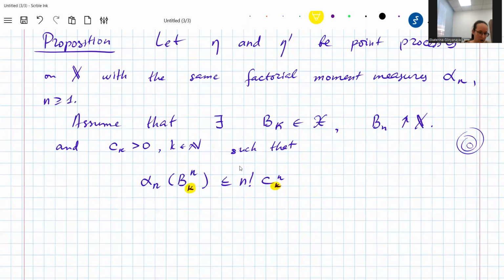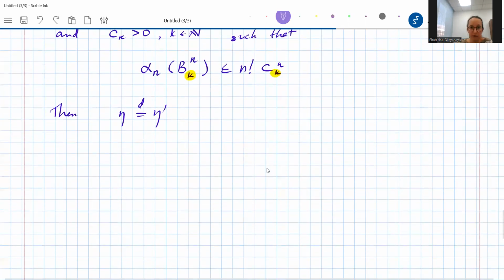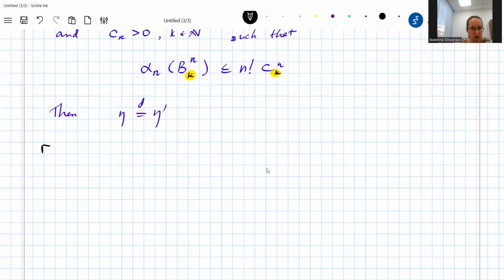So then under this condition, we will have that eta is equal to eta prime by distribution. So we just have the uniqueness of point processes, if we know this. Okay, so almost all we already proved. So let's see what we should do here. As I said, it is enough to prove